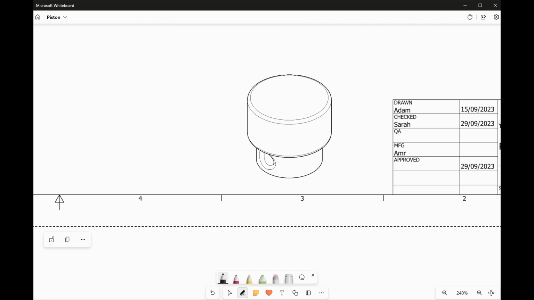So we have to ask ourselves one question: where is this part going to have contact? Contact is the keyword here, with other parts. And also we have to know the function of the part in general. We know the function of a piston is